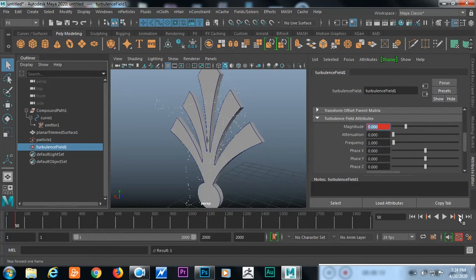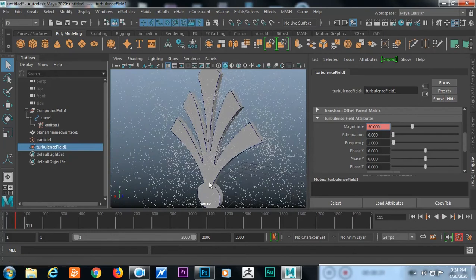And on the next frame, 51, I'm going to keep it to around 50, and I'm going to set the key. And now play and check what's happening.